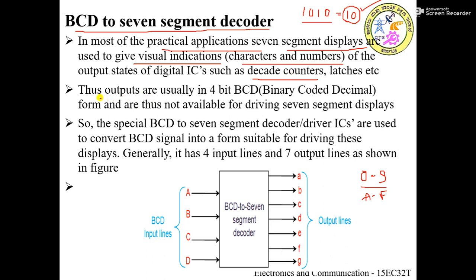So the outputs, as inputs to this system, will be a BCD number. BCD number, as we said earlier, is represented using a 4-bit binary sequence, which means the number of inputs will be 4 again. Here the number of inputs will be 4 only, and these are not suitable for directly driving the 7 segment display. So why can't we drive a 7 segment display directly? Let's see.